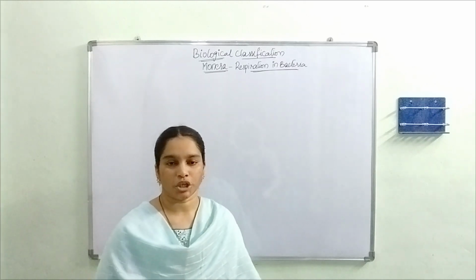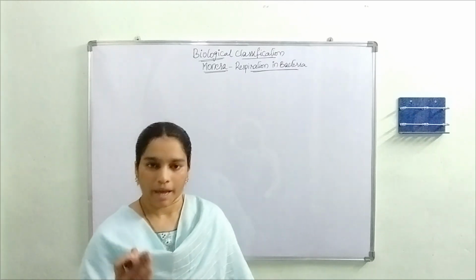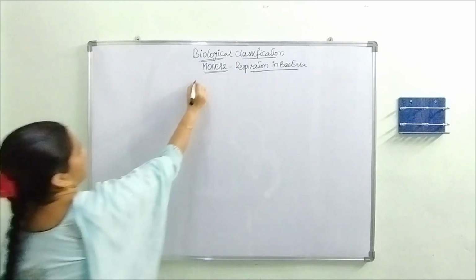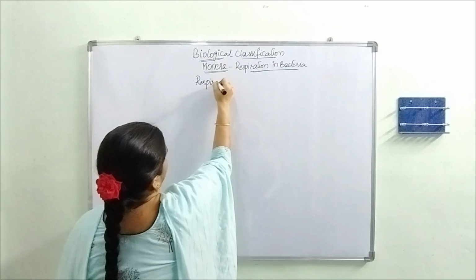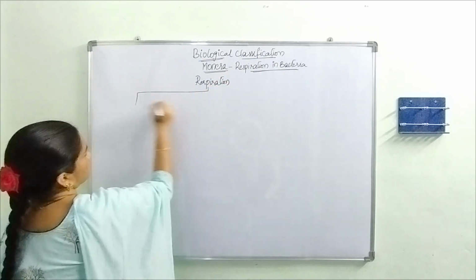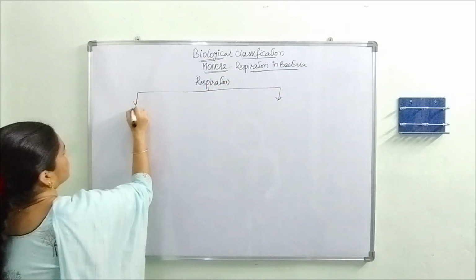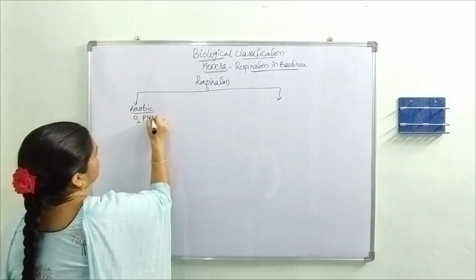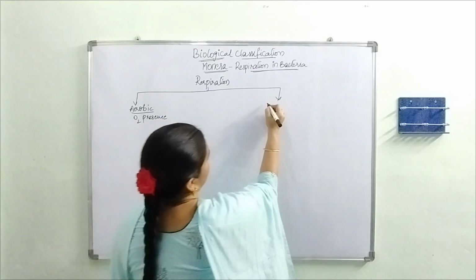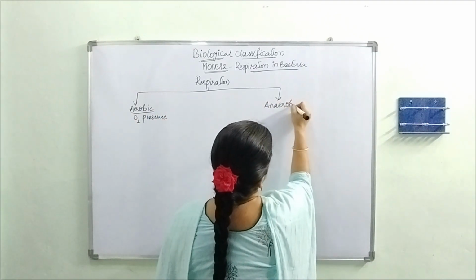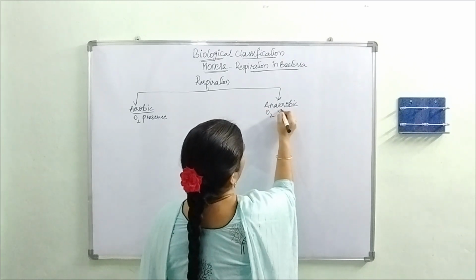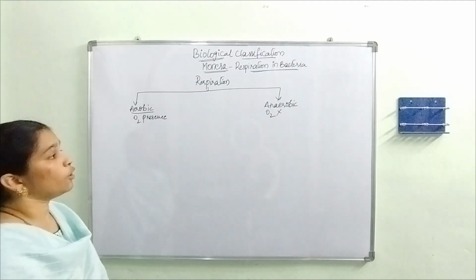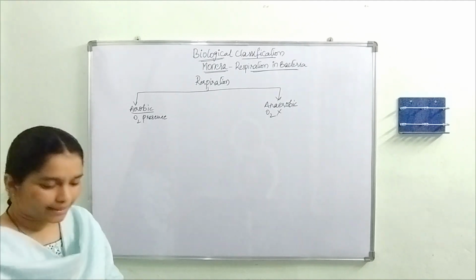Respiration, as we know, is of two types. They are aerobic respiration and anaerobic respiration. Aerobic respiration occurs in the presence of oxygen and anaerobic respiration occurs in the absence of oxygen. So, there is no need of O2 here. Okay, next. In the aerobic respiration which occurs in bacteria,